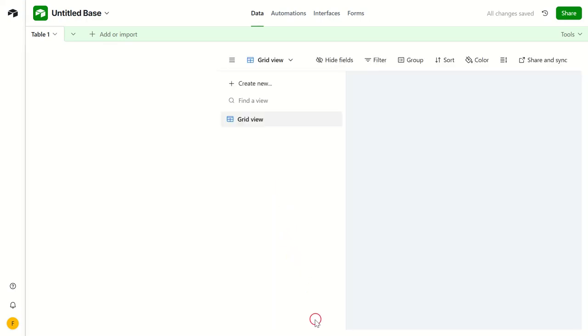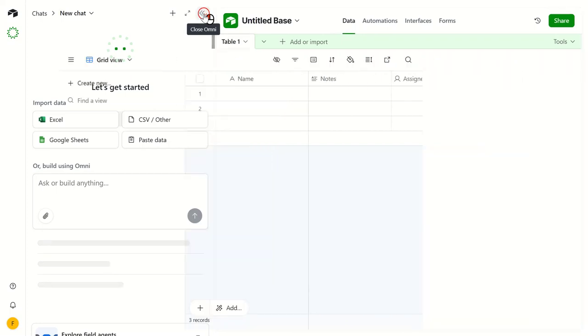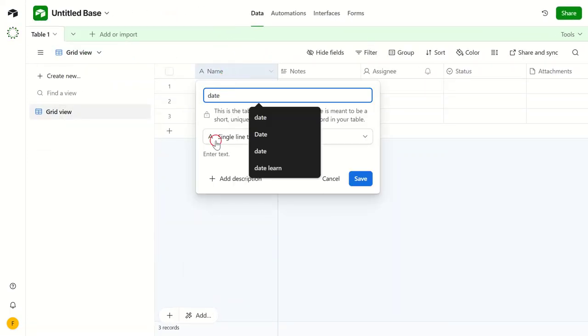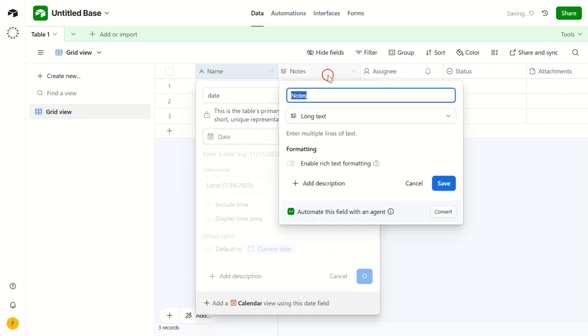Once the base is ready, we'll need to define our fields. Let's start with the date. Make sure you choose the date field type. Next up, add another field named Water Intake and select Number as its type. These fields will help us note down the date and the amount of water consumed in milliliters or ounces, your